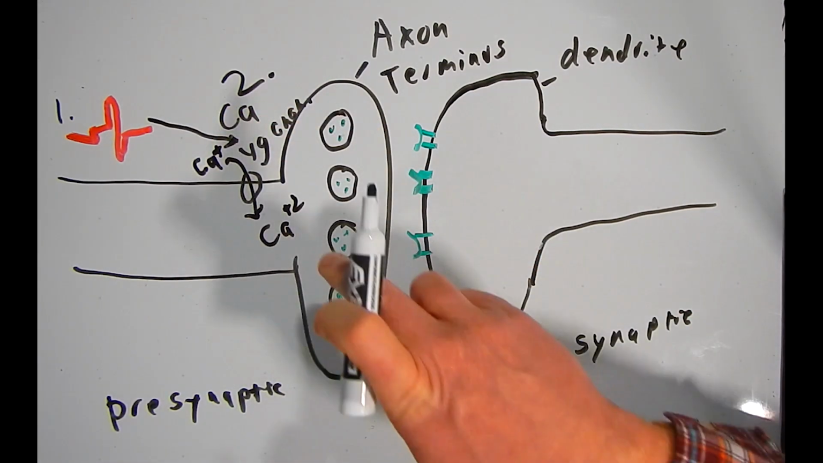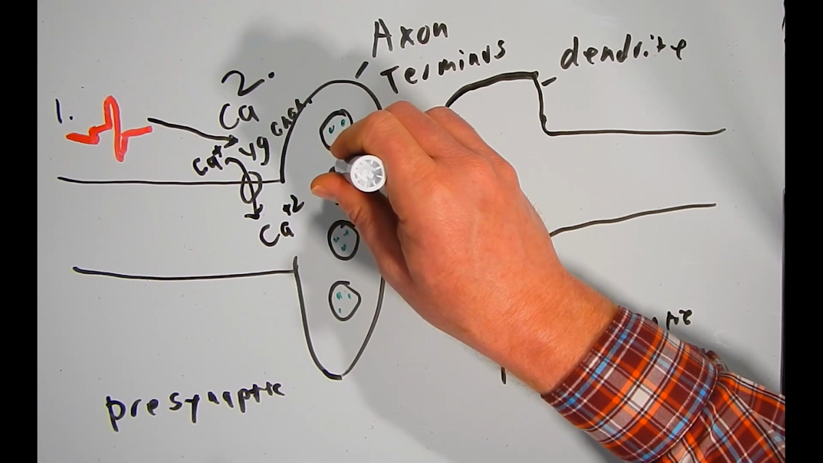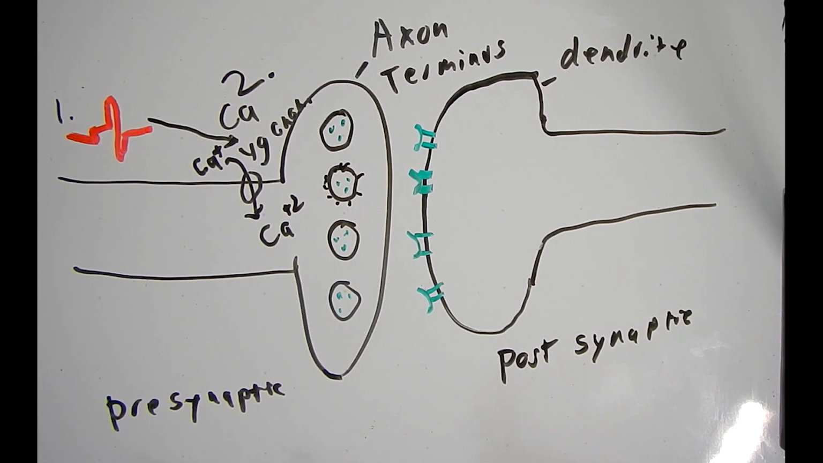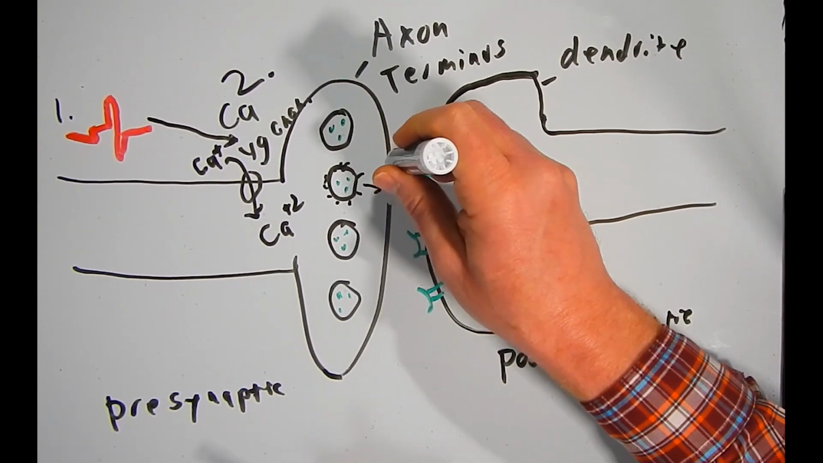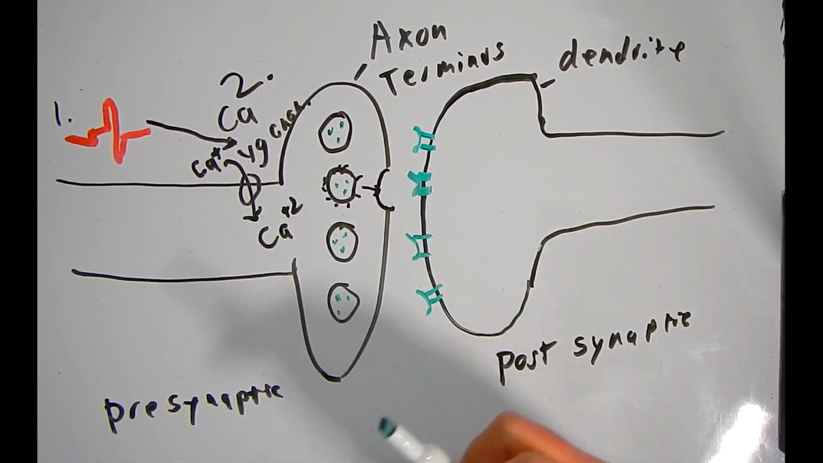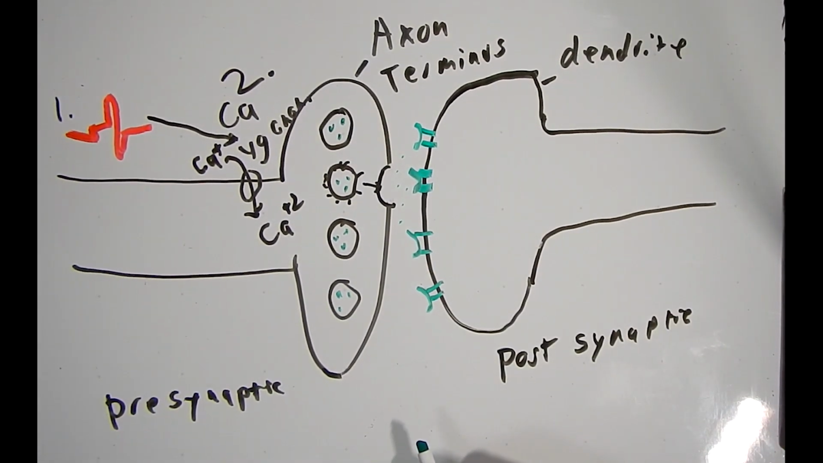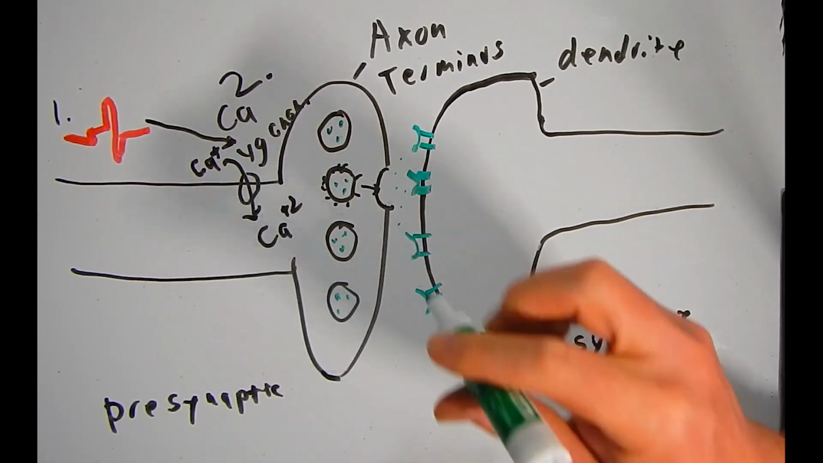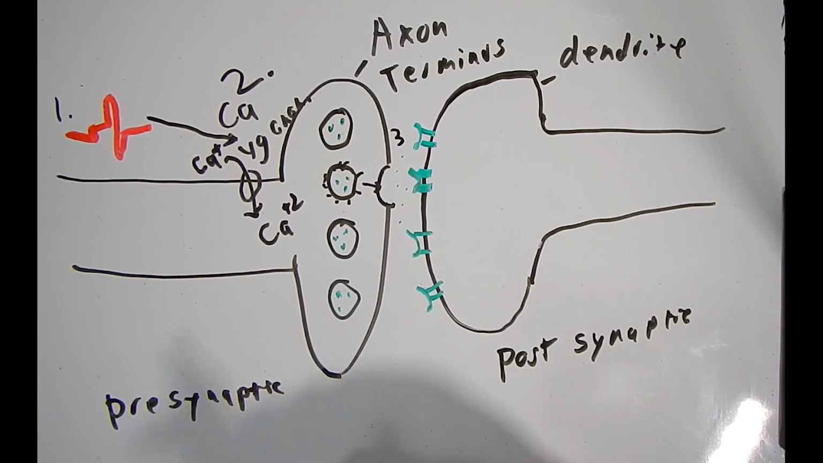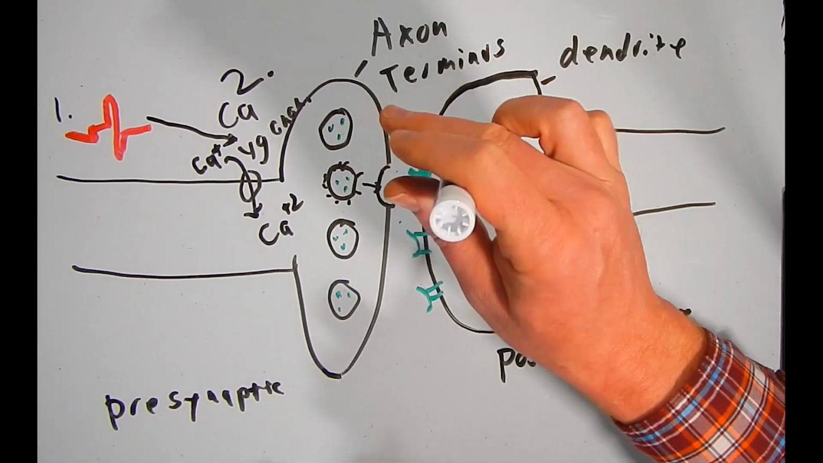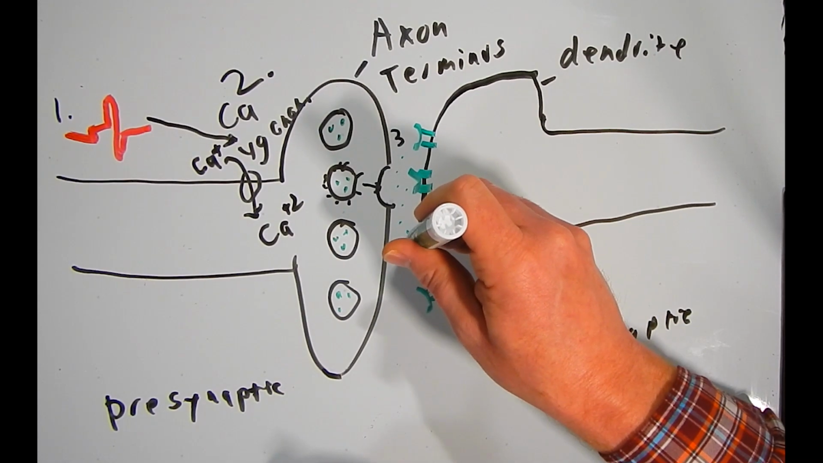As calcium moves into the cell, it then activates SNARE proteins that are located on these secretory vesicles. That allows those secretory vesicles to then bind with the membrane of the axon terminus, releasing their neurotransmitters. So step three is going to be the release of the neurotransmitters. Step 4 is then going to be the reception of those neurotransmitters